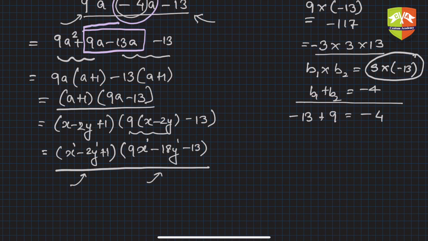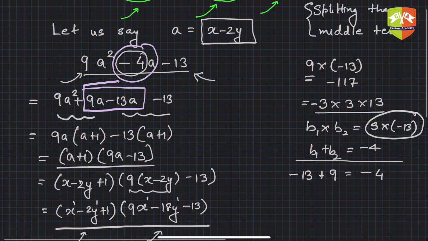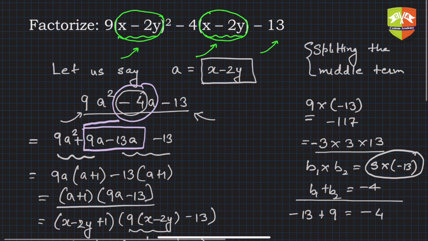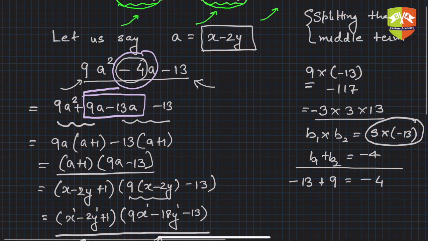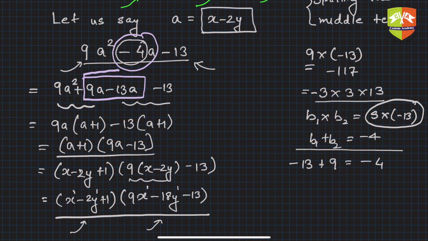You'll learn all this a little later. And if you see, we had a power 2 here. So whenever there's a power 2 expression, at max it can be broken down into two linear expressions, like that, a product of two linear expressions. So let's take some more examples to make it clear.